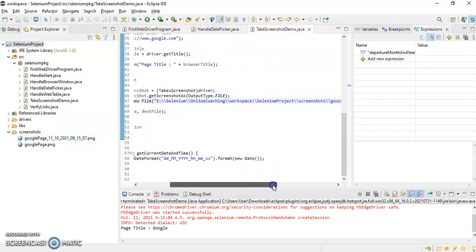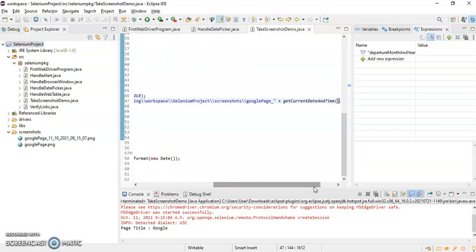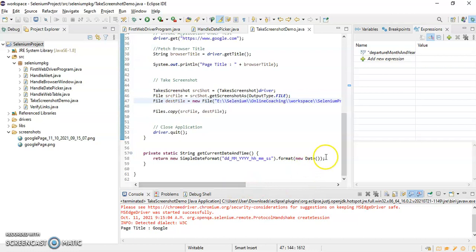But what if I want to pass the screenshot name as a parameter? So we can create one more function here.